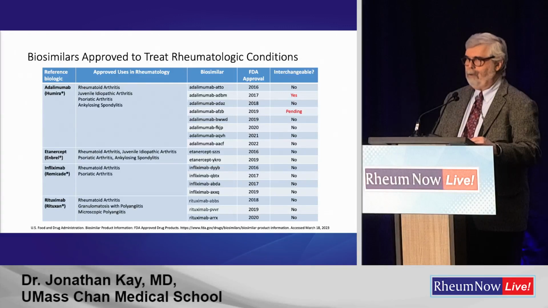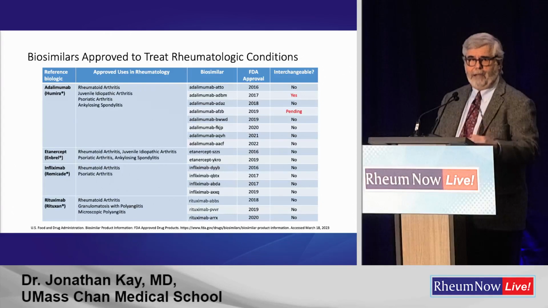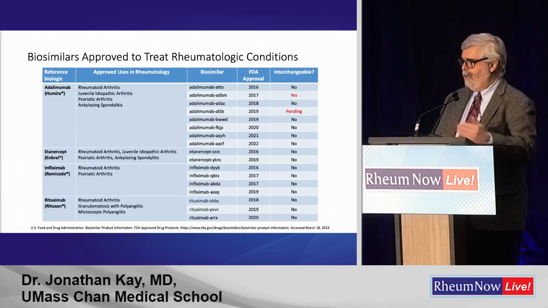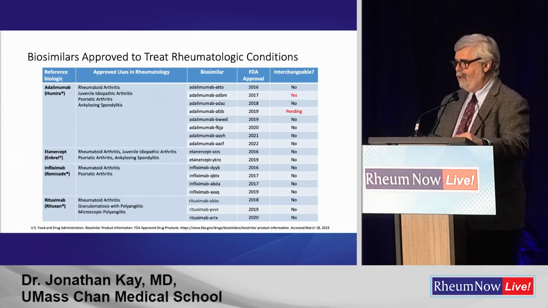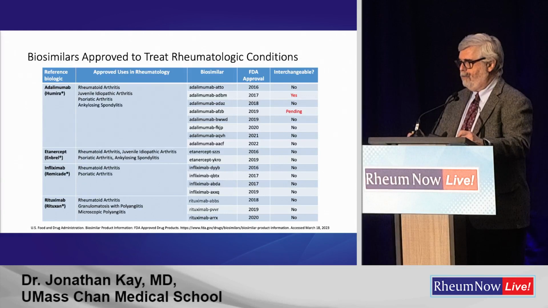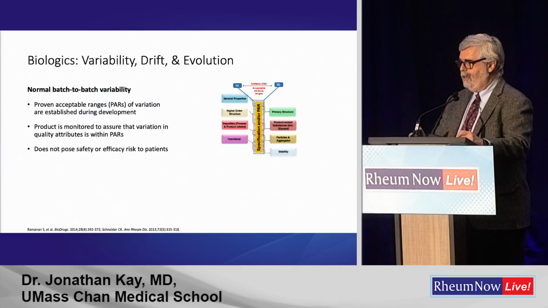There are 4 approved infliximab biosimilars, of which 3 are on the market. Pfizer's biosimilar infliximab is not marketed because they acquired Hospira, which had its biosimilar, the Celltrion infliximab biosimilar, so Pfizer didn't want to compete with itself and shelved its infliximab biosimilar, licensing it to Sandoz for the rest of the world. And there are 3 rituximab biosimilars that are available in the United States.